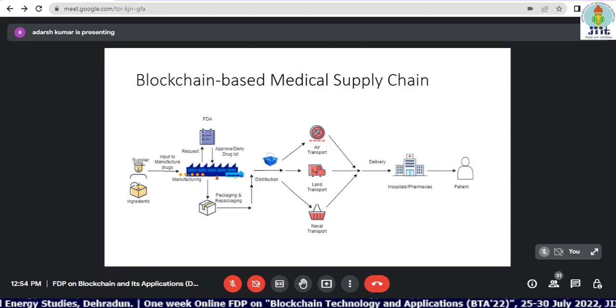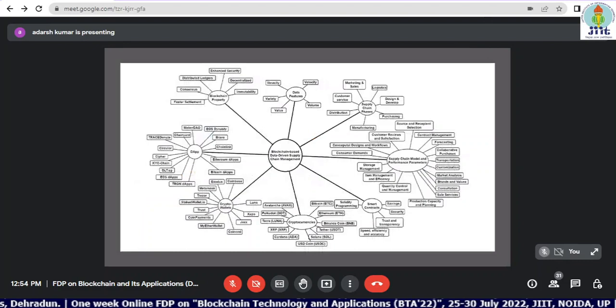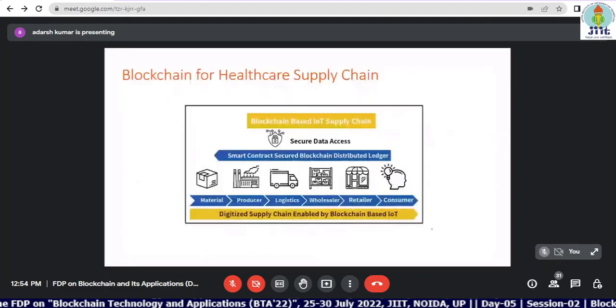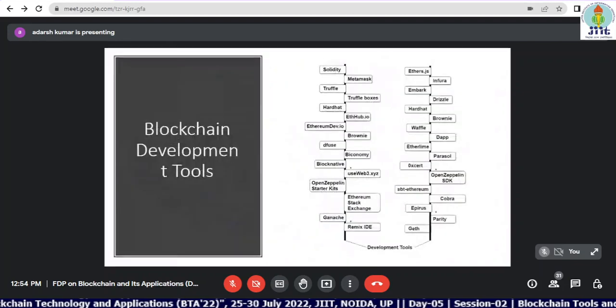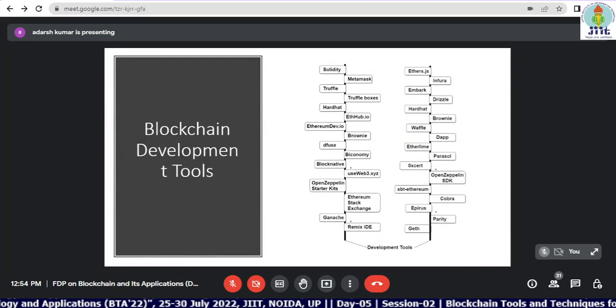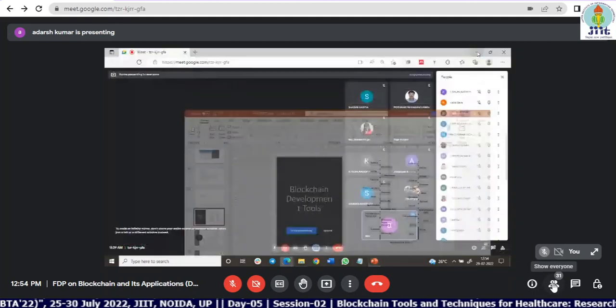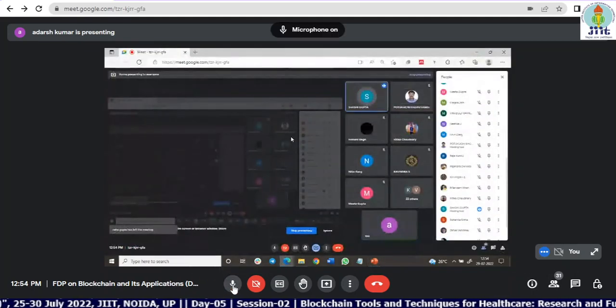I have more details about supply chain management and other case studies, but since time does not permit me to continue, I'll be happy to take a few questions, if any. In future, if I get a chance, I'll discuss more such tools and hands-on practices. So that's it from my side for today. If you have any questions, I'll be happy to take them. Any queries from the audience?